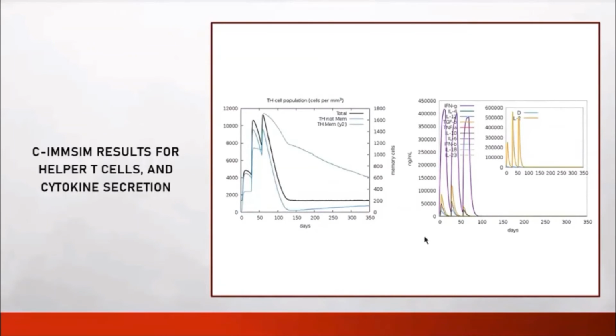Now we also see a trend for memory CD4 cells, which is the light blue one, declining at a slower pace after 3 months. So the memory CD4 T cells that we have are actually the result of surviving cells. Now they outnumber naive CD4 T cells because they proliferated, which allows them to detect the same antigen faster. So this graph also shows that we have memory helper T cells still present by the end of the year